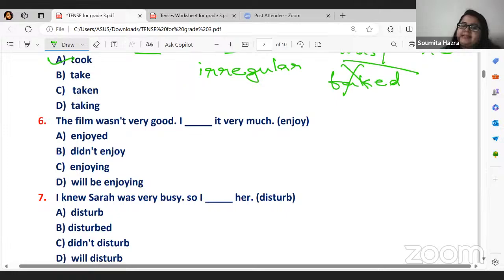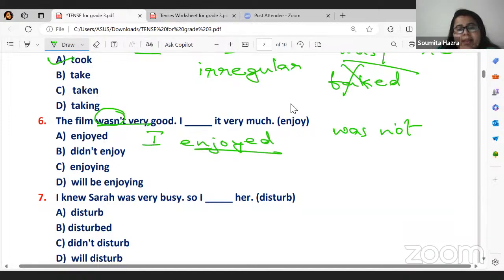Come to the next one, number 6. The film wasn't very good. I dash it very much. Wasn't again is an example of past tense, past negative. Wasn't means was not. Wasn't is the contracted form of was not, right? So I dash it very much. The film was not very good. So I, of course, didn't enjoy it very much. If I would have enjoyed, so I could have written,